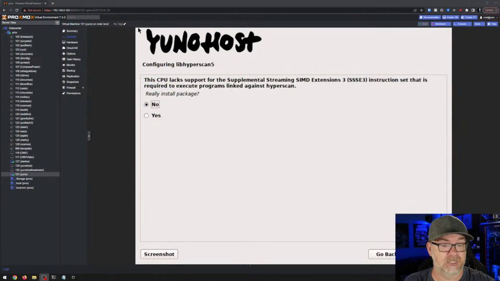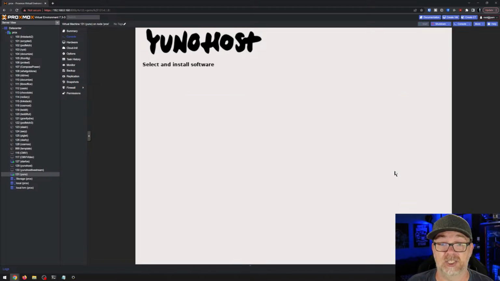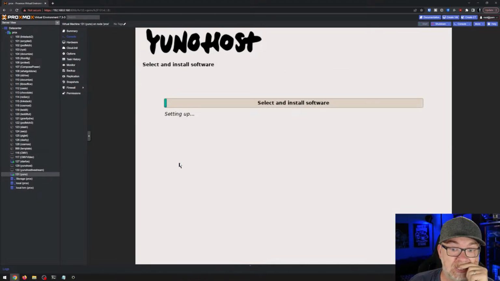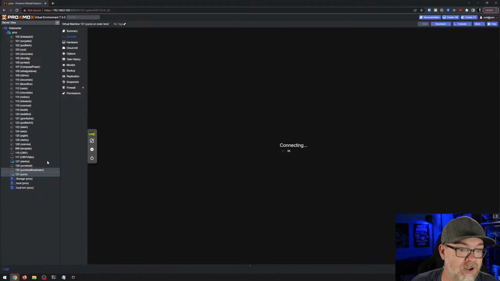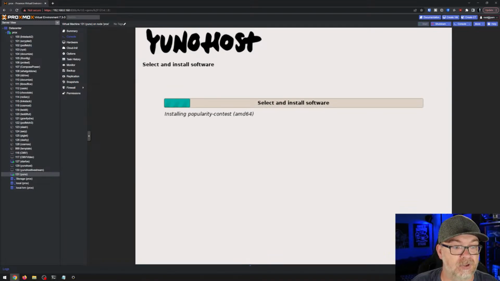Okay, we're going to pause with what I was saying there. CPU support lacks the support for this. So do we really want to install the package? No, I don't want to install the package. Hopefully it doesn't fail on me this time. If it does, I'm going to pull my hair out and run away screaming. The failing step is select and install software. I understand, that's select and install. That's so freaking weird. I had it running. I can spin that back up and it works just fine. I don't understand. I said no that time. Did I say yes last time? I'm so confused. Anyway,